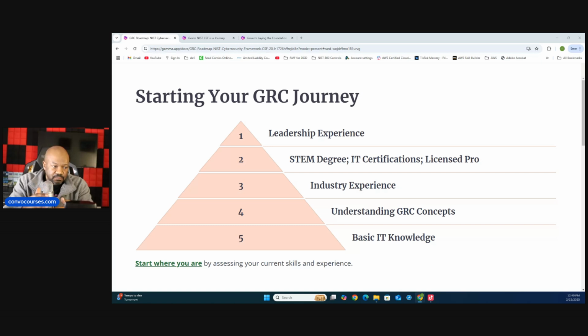Understand the basics of operating systems. The different types of operating systems that I would know would be probably Linux and Windows, and maybe throw some Mac OS in there. Mess around with it. You need to be able to know the command line a bit. So those are some of the basic things that you need to know about IT. Like, just to give you an idea of my job, I don't have to know